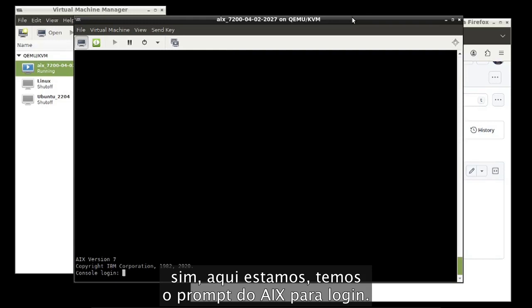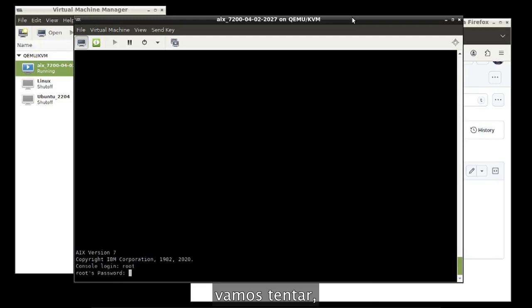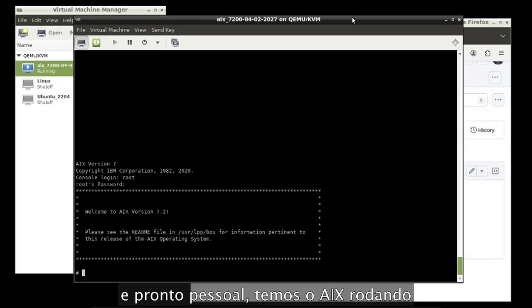Yeah, and here we are. We have the AIX login prompt. Let's try it. And that's it, guys. We have AIX running